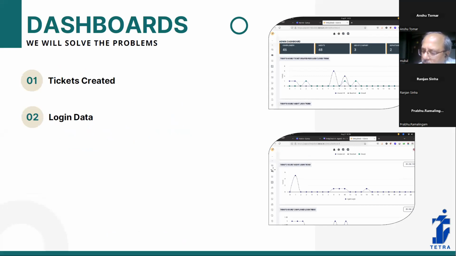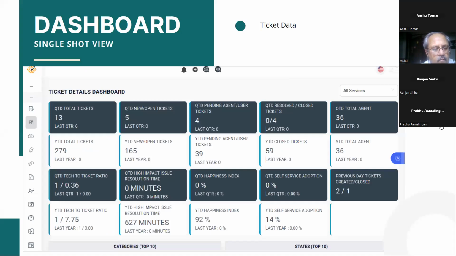Now this is admin mode. There's the admin dashboard. The ticket created, login data, all are here. Then the ticket dashboard. You can see the quarterly total tickets, quarterly new open tickets, quarterly pending with agents. It's quarterly, then yearly till date, then monthly till date. So these types of tickets, closed, open, with the agents, all these combinations are here